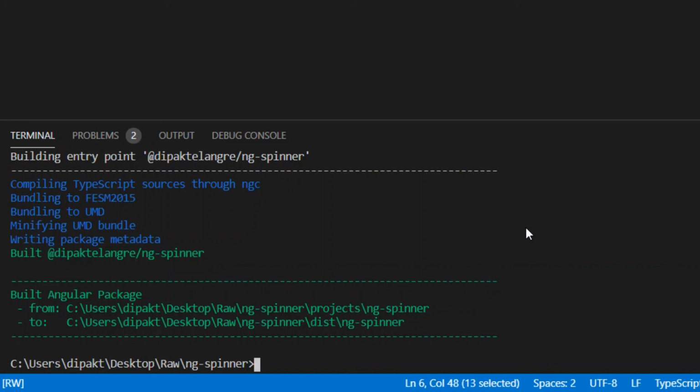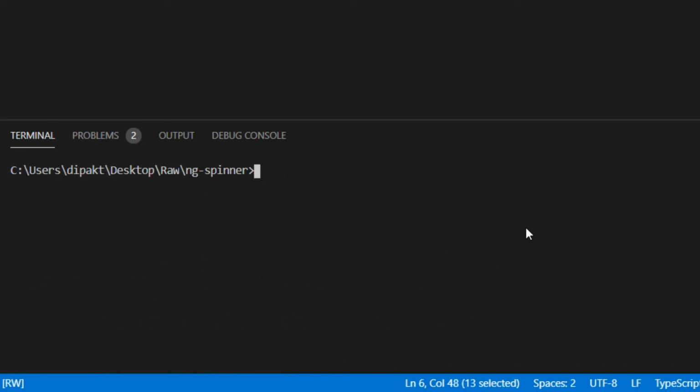Once we are done building our library, we can move to the build path, that is the dist folder, and inside that we should have ngspinner as the published version of our library. Now we are going to publish this to npmjs. Before that, we need to log into our account with npm login.